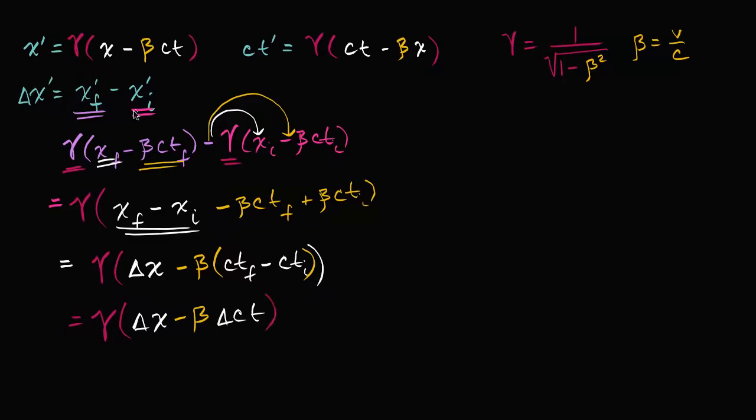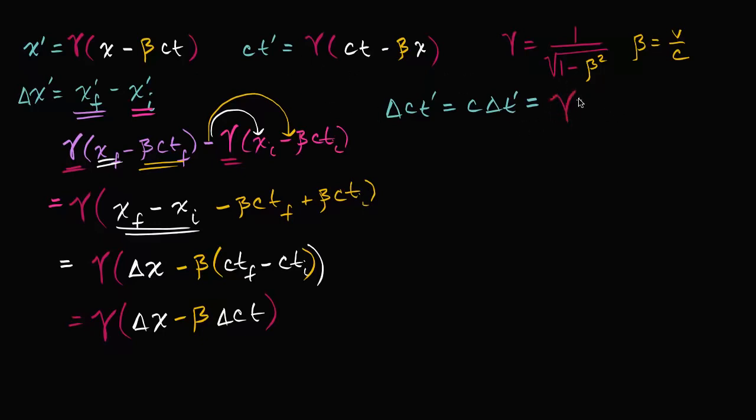So notice it takes almost the exact same form. X prime is equal to gamma times x minus beta ct, and change in x prime is going to be gamma times change in x minus beta times change in ct. And I'm not going to do it in this video, but you can make the exact same algebraic argument for your change in ct prime. As you'll see, and I encourage you to do this on your own, change in ct prime, which you could also view as, since c isn't changing, c times delta t prime, these are equivalent, is going to be equal to